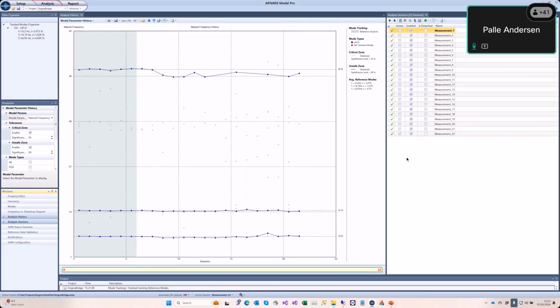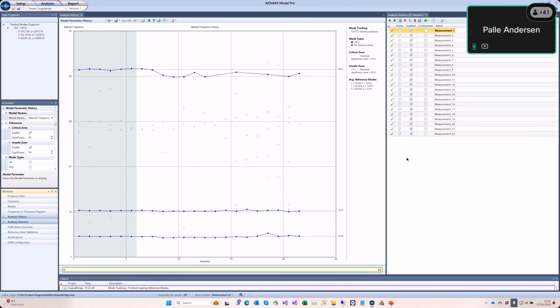And now we have, you would say, how it looks. If we were initializing that, data could be uploaded automatically, and this mode tracking would just continue over and over again automatically. It just has to be configured once, and then automatically it will be updated as new data is being imported and analyzed. So this is just an initial step that has to be done inside the graphical user interface of